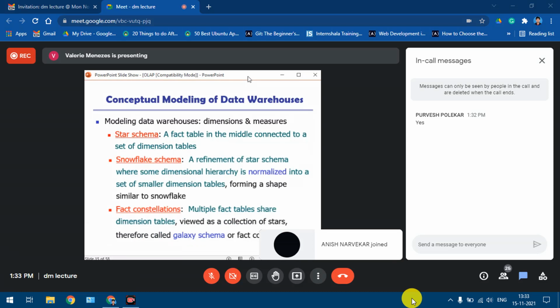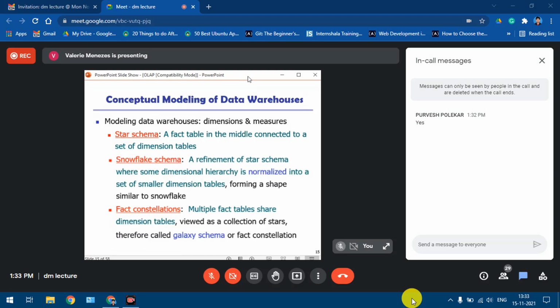Okay, we'll just go through it again in case it's not done. I assume this is done because I think I've given you all time to draw. We are doing OLAP right now. We'll just cover a small part of OLAP and then we will do a small numerical on FP3. Okay, so this is the first part of Unit 2. We come back to the contents of Unit 2. So just to revise, what is OLAP?